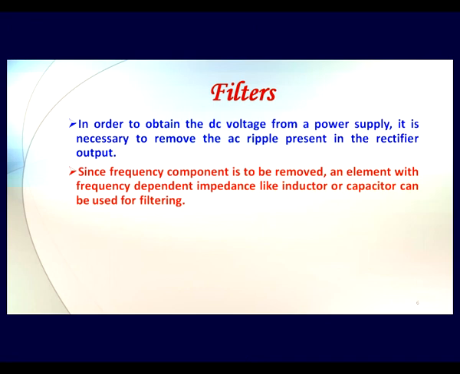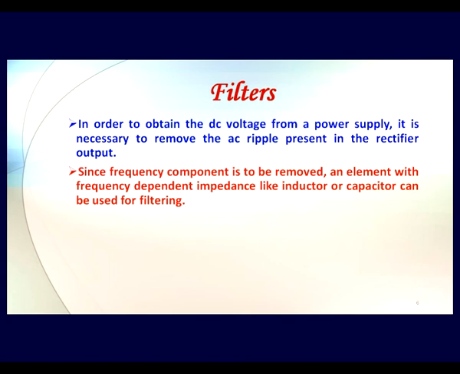If you are having output from the full wave rectifier, then as you remember, from the full wave rectifier we have the repeated positive cycle and the negative half cycles of the sine wave getting converted into all positive half cycles. So effectively they are coming as waves which are having double the input frequency. So if 50 Hz is our input frequency, then the output frequency of our full wave rectifier output will be 100 Hz. So we now have a frequency component which is to be removed.